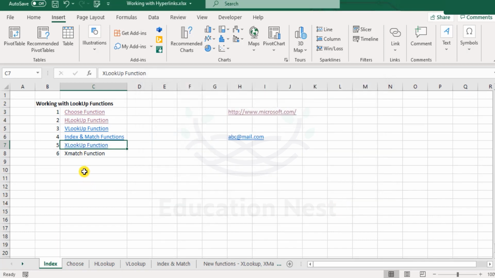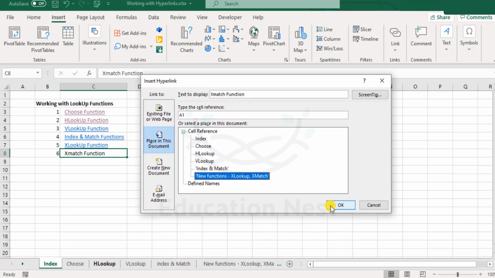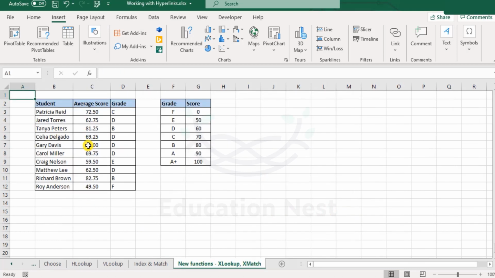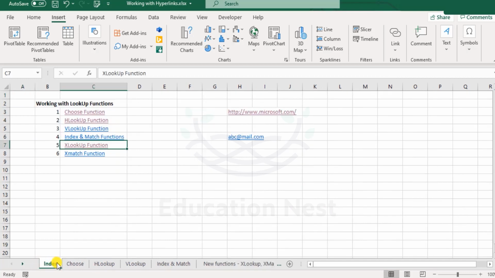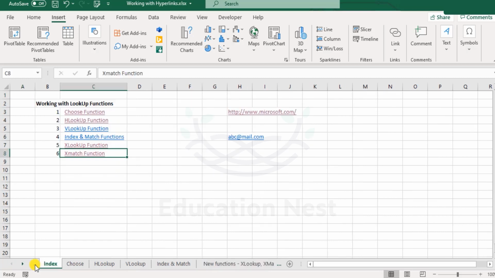So click on link, new functions. Click on this, new functions. Click OK. And here we have this. I click on XLOOKUP function, and here we have this. Now again, I click on XMatch. It takes us again to the same worksheet as well,